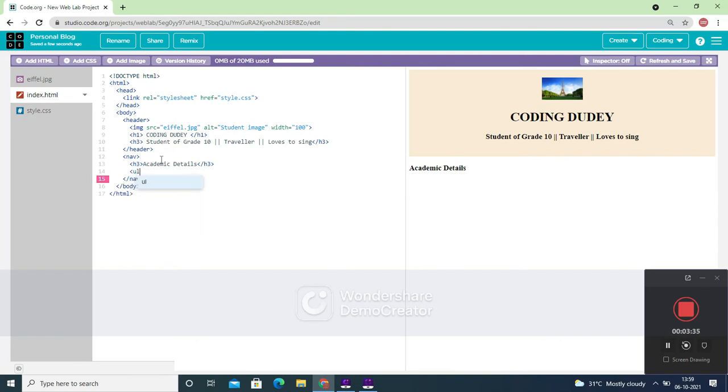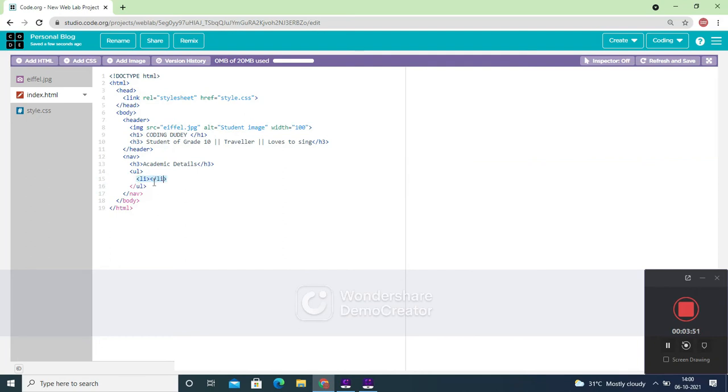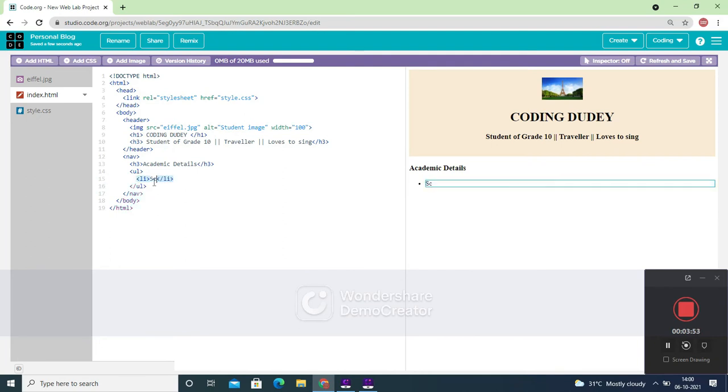You can just use an unordered list to give your academic details. Inside the unordered list you need an li, right? And inside this li you can directly give scored 97%, in whichever grade or whatever it is.